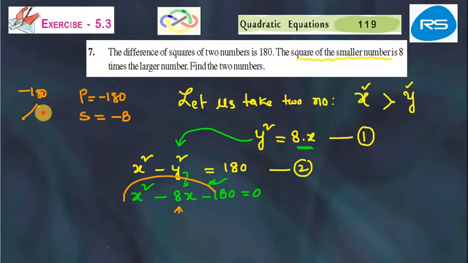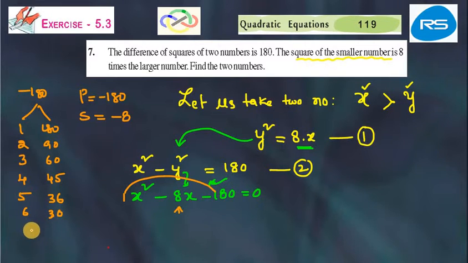So you will have many factors. 180 is 1 times 180, 2 times 90, 3 times 60, 4 times 45, 5 times 36, 6 times 30,